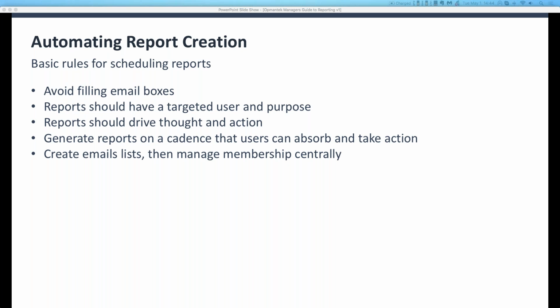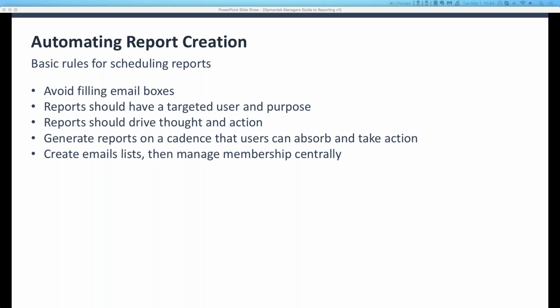They want to create daily reports, weekly reports, monthly reports, whether that's for the engineering team, the engineering management, senior management, or even your customers, the lines of business that you're serving. So there's really 5 things that I like to focus on, and I like to really give consideration to before I generate any kind of automated report, something that's going to be emailed out on some kind of cadence. My first goal personally is I want to avoid filling email boxes,